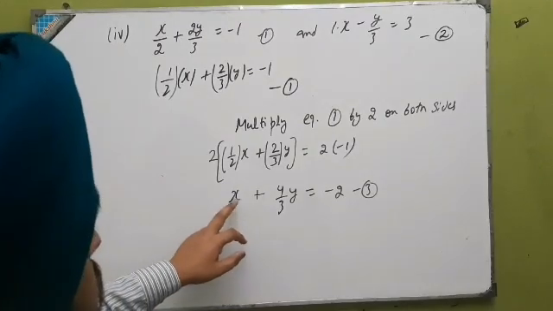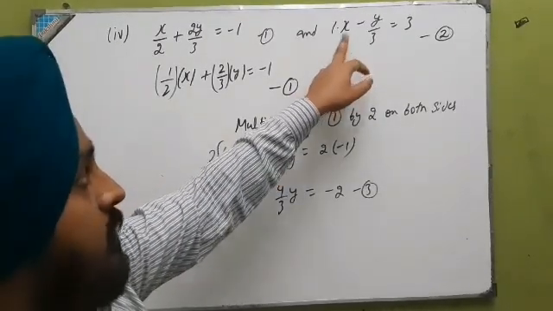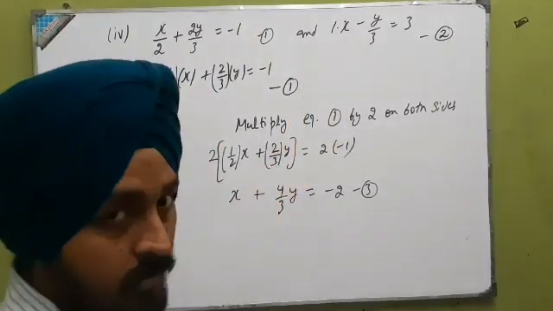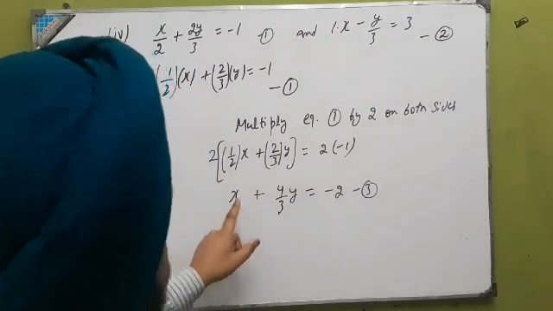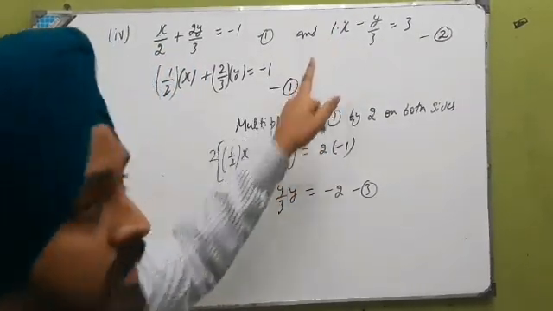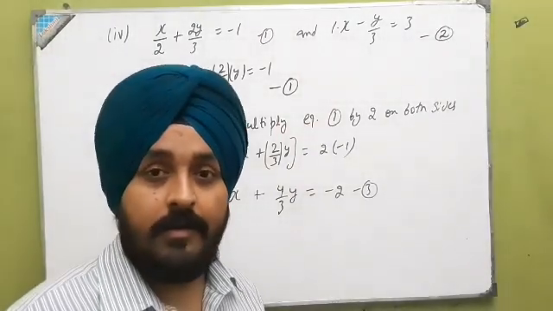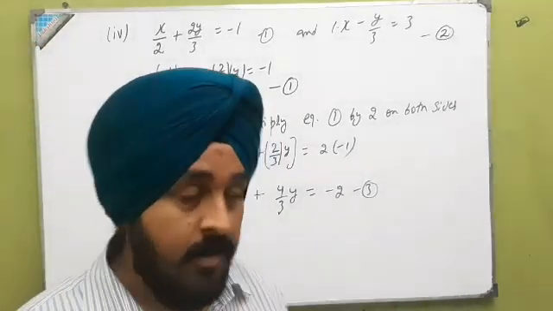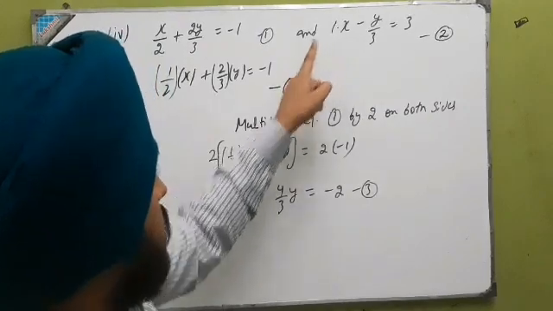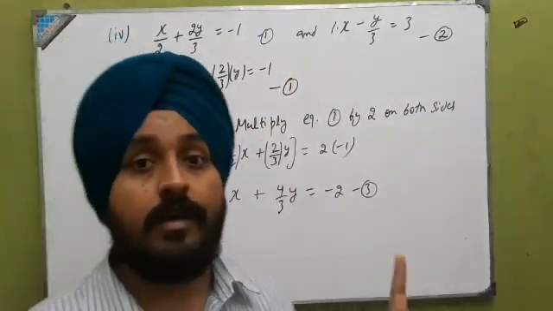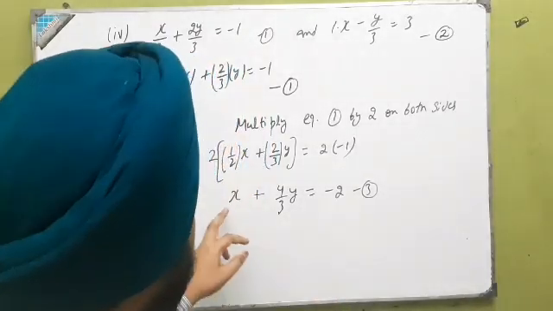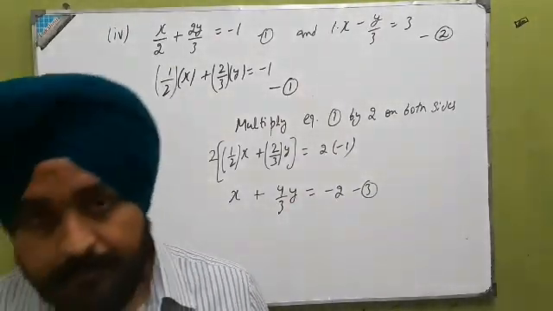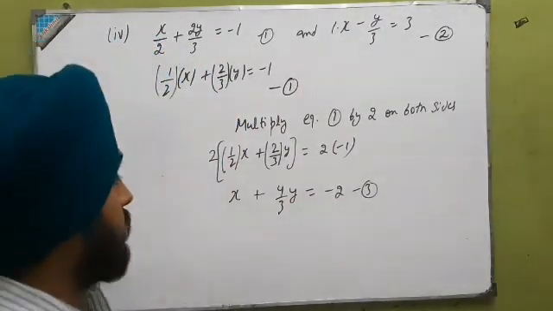Now you can check here the coefficient of x is 1. In the second equation the coefficient of x is already 1. So now the coefficients of the variable x are equal. Now we can check the sign of the coefficient of the variable x. Both are positive. So if the signs of the same variable are equal, then we always subtract. If the signs are opposite, plus and minus, then you can add. Clear? But here the coefficients are equal and the sign is the same, so we can subtract.